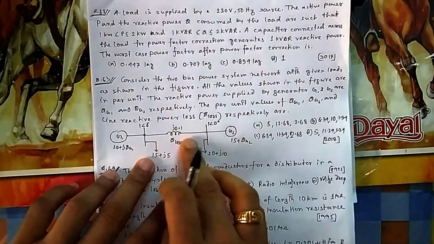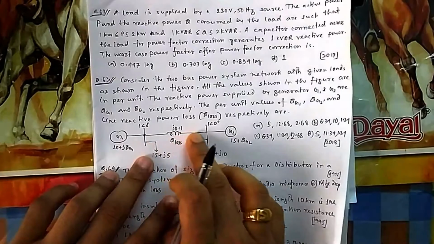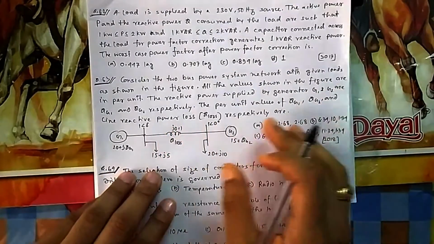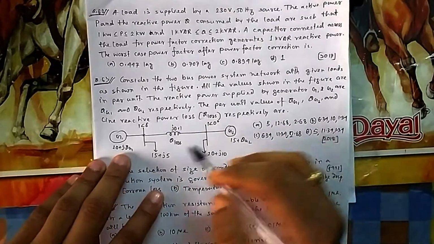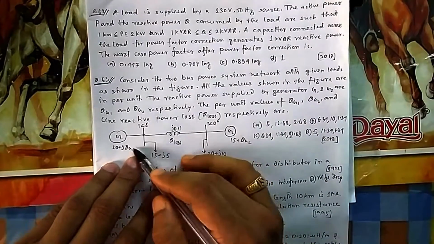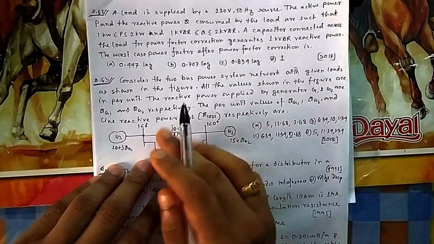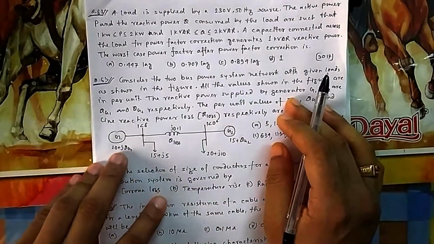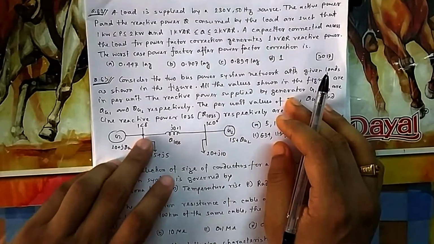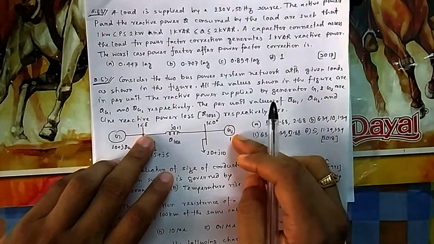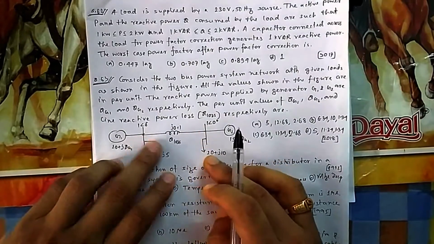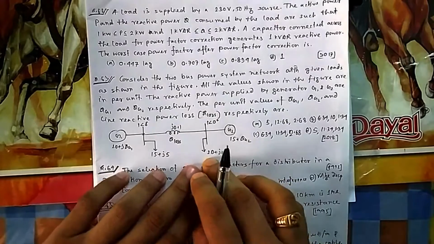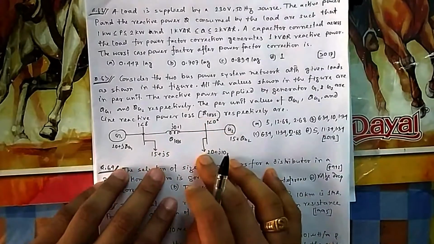Now because it is a lossless line, R is not there, so no active power loss will be there. Active power, there will be no loss, 0. So here if you see, if you are supplying 20, out of 20, 15 is going here, only active power, because for active power there is no loss. Simple calculation: 20, 15 is already there, so 5 is going this side, it is giving 15 and then this 5 is coming, so it is giving 20 here. 15 is coming from this side, 5 is coming from this side, so that's why it is 20. So for active power it is easy.